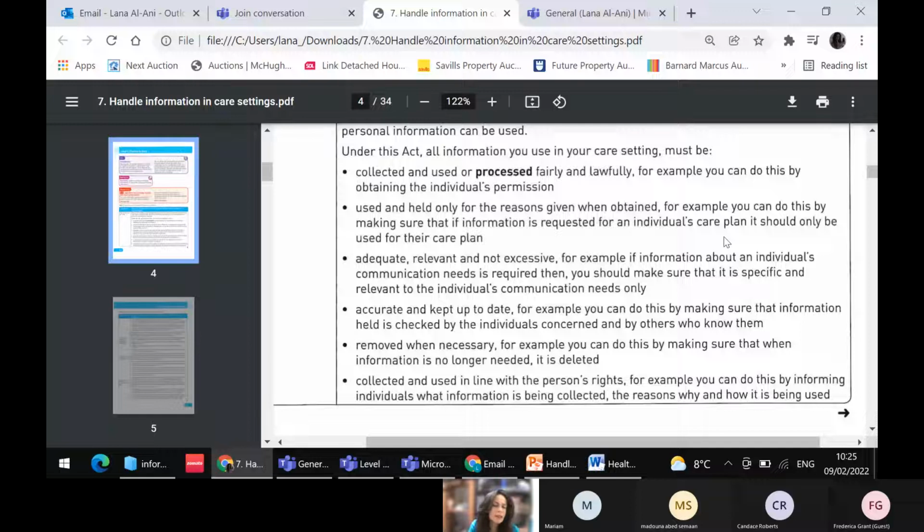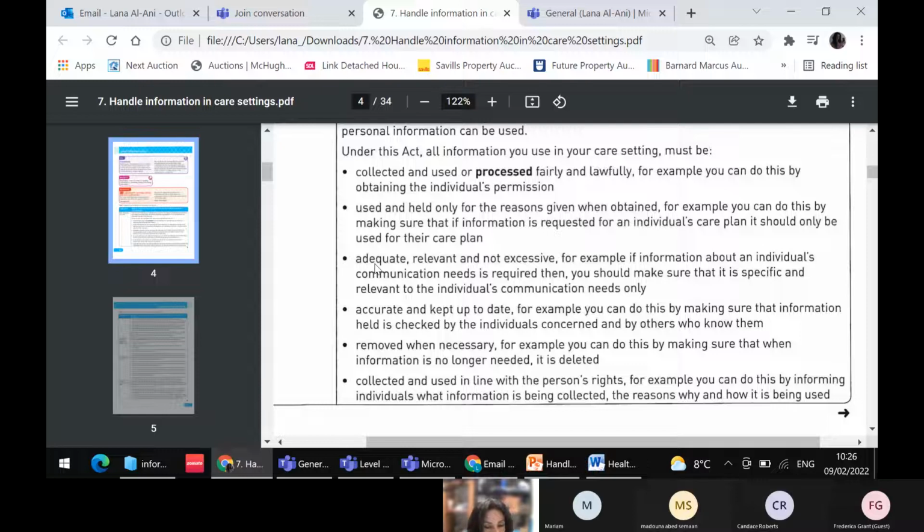Let us say Mr. X has got diabetes, so the care would be totally different from Mrs. Y, and Mrs. Y has got heart attack sometimes, and sometimes high blood pressure, or even she takes medicine different from so every care plan is totally different. So this means we hold this information according to the person's care plan, and also this information should